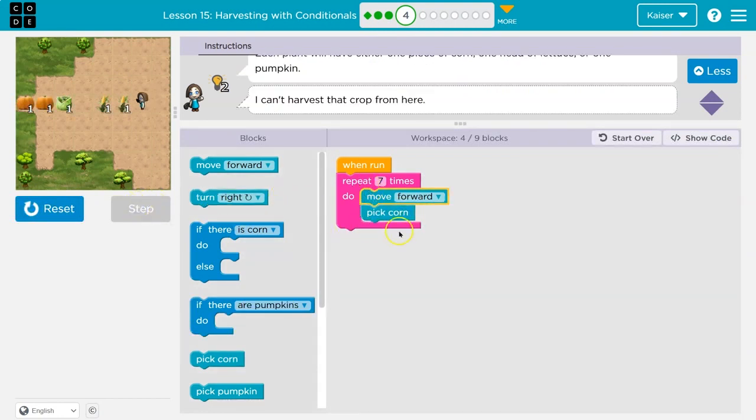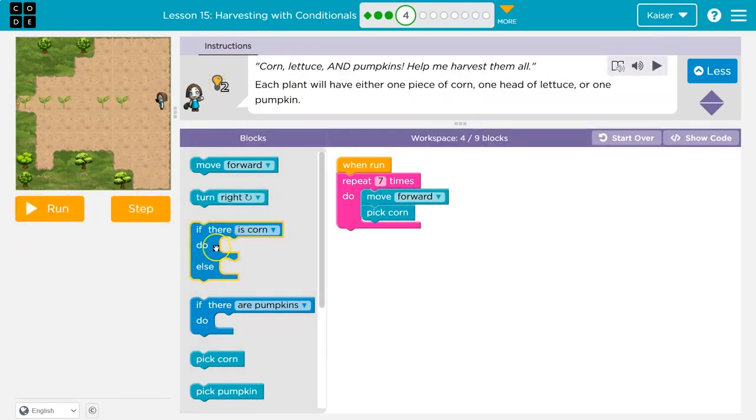Move forward. And it says no corn and it has an issue. So I need to ask a question. I need to know if there is corn there. Ta-da! This is an if statement. It's perfect. So I'm going to move forward and I'm going to ask the computer, hey, is there any corn